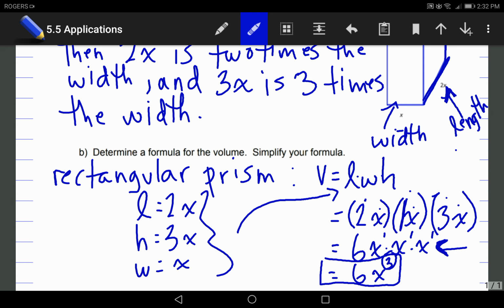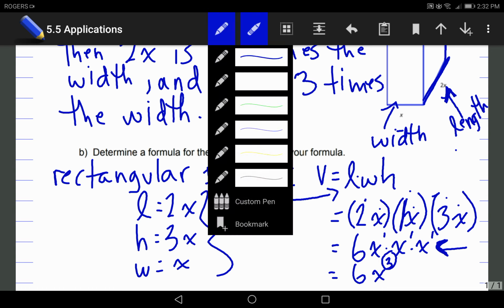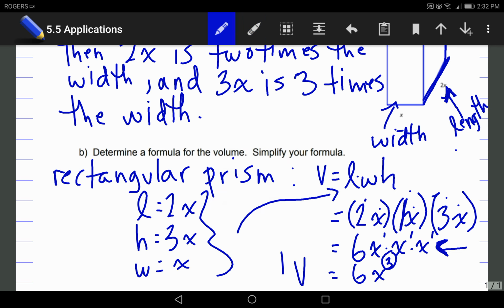Okay? And that's it for that question. We have simplified it. There's nothing more you can do. Okay? There's absolutely nothing more you can do here. And I do just want to make sure that I write volume equals 6x cubed. Okay? And now